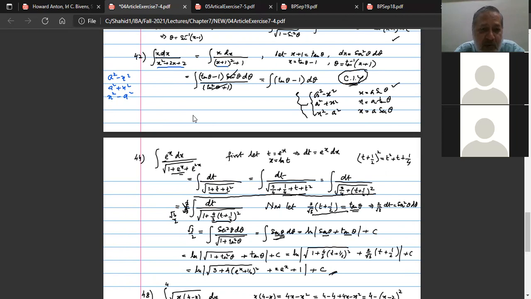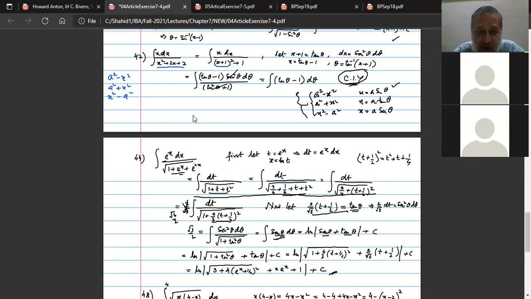So we substitute the variable. Variable is now x plus 1. We set it equal to tangent theta, since a is 1, so 1 tangent theta. Give differential. So dx is equal to secant square theta d theta. x is tangent theta minus 1. And whenever we require theta, that can be written as from here. If you want to separate theta, tan inverse goes here.